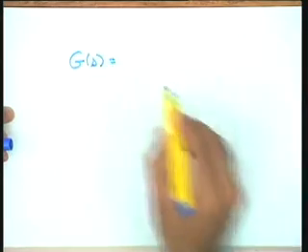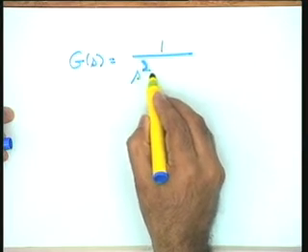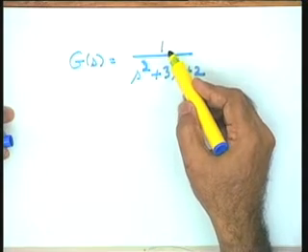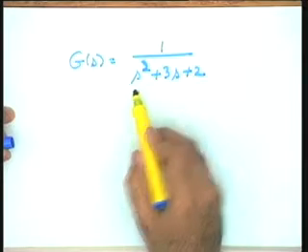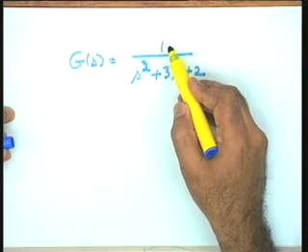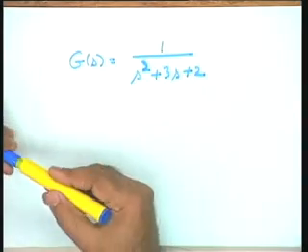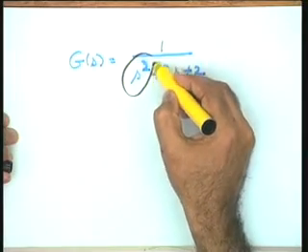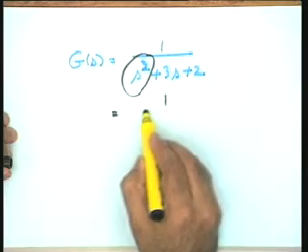The example I take is the following: G(s), the plant model, is equal to 1 over s squared plus 3s plus 2. You can just say numerator polynomial is 1 and denominator polynomial is a second order. Numerator polynomial is a 0 order polynomial, and the denominator polynomial is a second order polynomial. The system under consideration is a second order system because the highest power of s determines the order of the system.